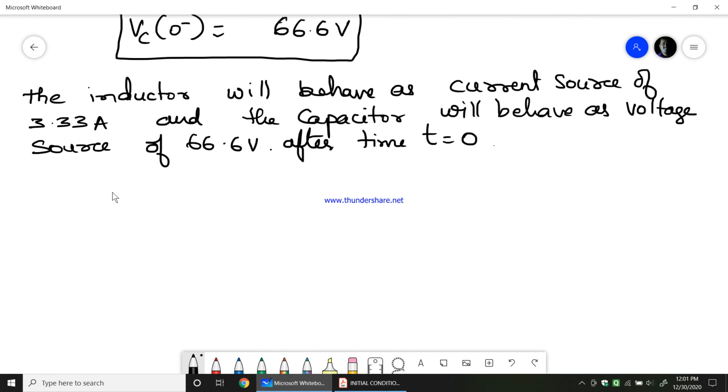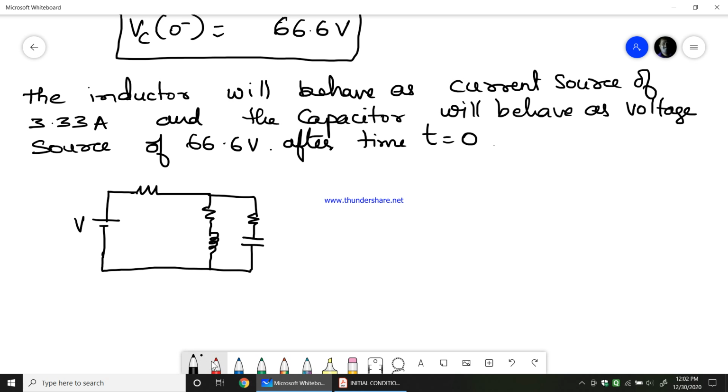So we will be having this V, then this resistance, then we have a resistance in series with inductance, then we have a resistance in parallel in series with the capacitance. So this is R1. Now the switch is closed after time t equals 0. So this is what we get: R2, R3, and this is L and C. Now as you see, there is a short circuit across R being created. The voltage across this would be the same, so we can remove this R. So we will write a new circuit.